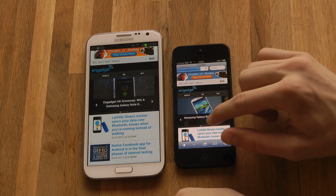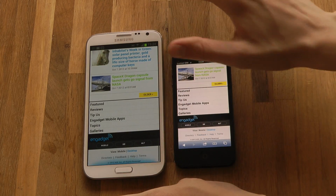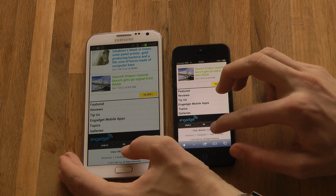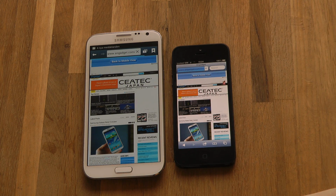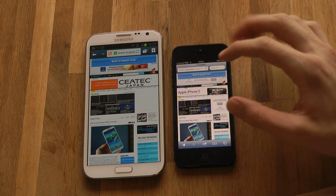The screen is so small. I know, right? Let's go down to the bottom of the page. Let's go to the desktop version, because I'm not a midget. And one is loading first. Both are loading. There we go. Okay, so the iPhone 5 was a little bit quicker there when we were loading it,